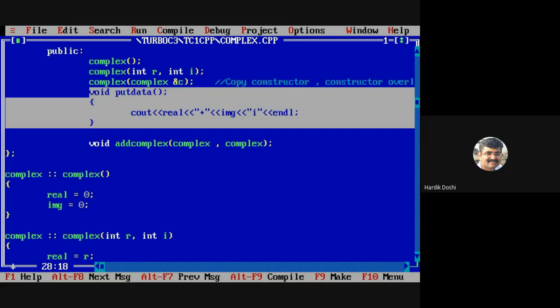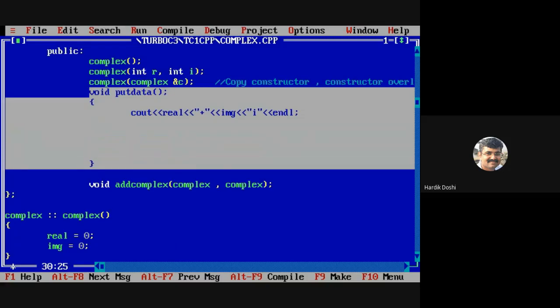Sir, what if I write more than 3 to 4 lines in this? Will it give a compilation error? No, it will not give an error, but it will execute it as a normal function. It is the role of the compiler, not ours. But what is our role? We need to make sure that whenever we define a function in the class, it should not exceed 2 to 3 lines. If I write more than 2 to 3 lines, then it is not acceptable. Then it will not be inline.